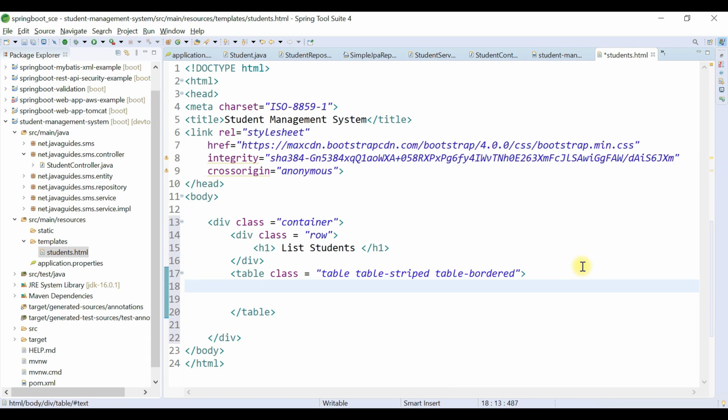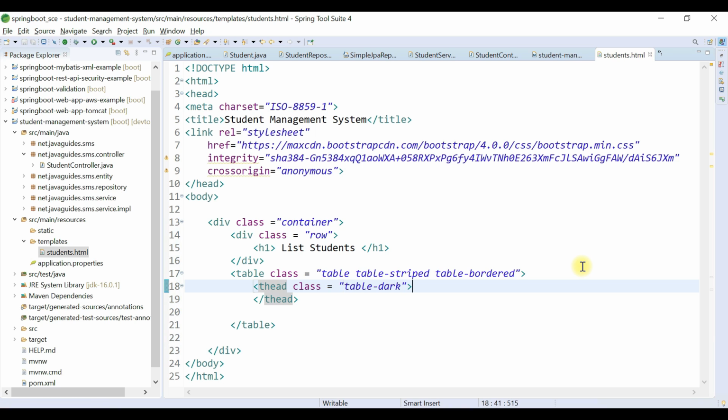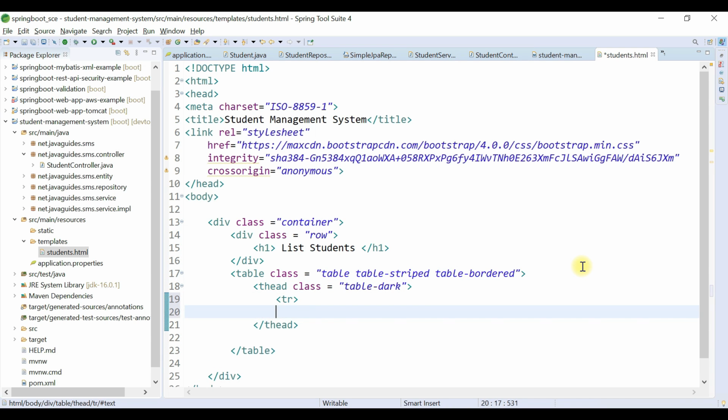Okay, so within the table we're going to create a table header, and let's add a Bootstrap CSS class to this table header, that is table-dark. And then we're going to create a row here, and then we're going to define the table columns.